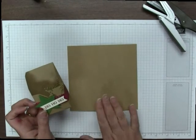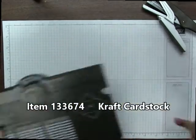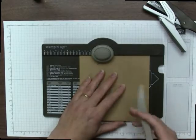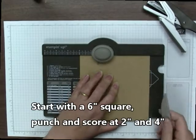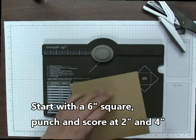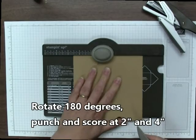It comes from a 6-inch square of our Kraft Cardstock, and you'll need the Envelope Punch Board. What you do is take that 6-inch square and line up the edge at 2 inches and punch and score. Slide over to 4 inches and punch, score. And then I rotate around 180 and do the same thing. So punch and score again at 2 inches